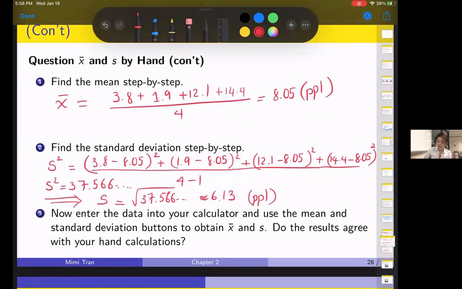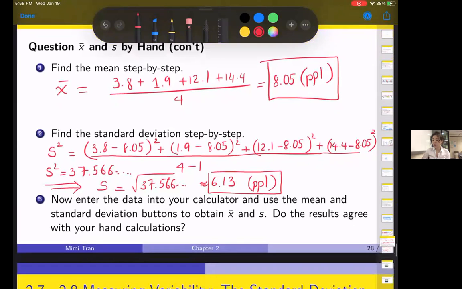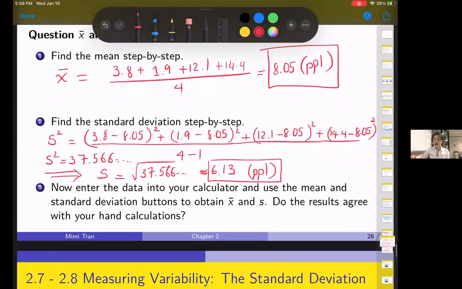Don't forget the unit. Did you guys have the same thing? Okay. Now I'm going to show you how to check your five-number summary,